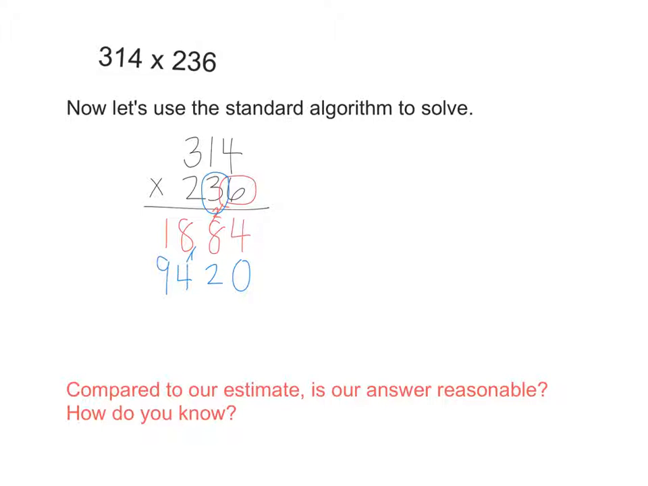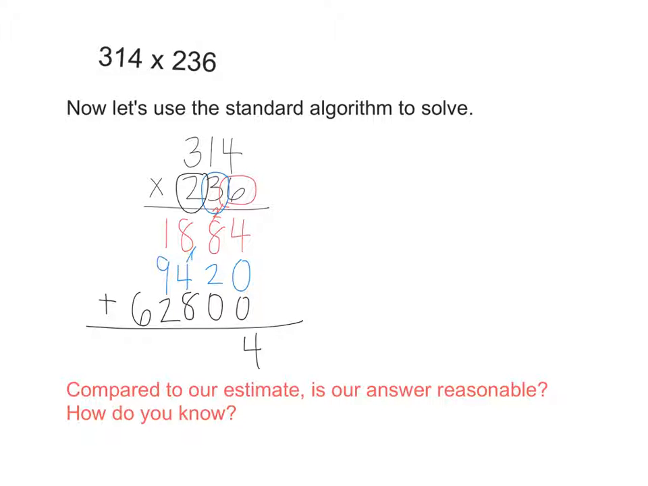Finally, I'm going to work with the hundreds place. So I'm going to add 2 zeros. 2 times 4 is 8. Nothing to regroup. 2 times 1 is 2. Again, nothing to regroup. And 3 times 2 is 6. Nothing to regroup. Now I can add